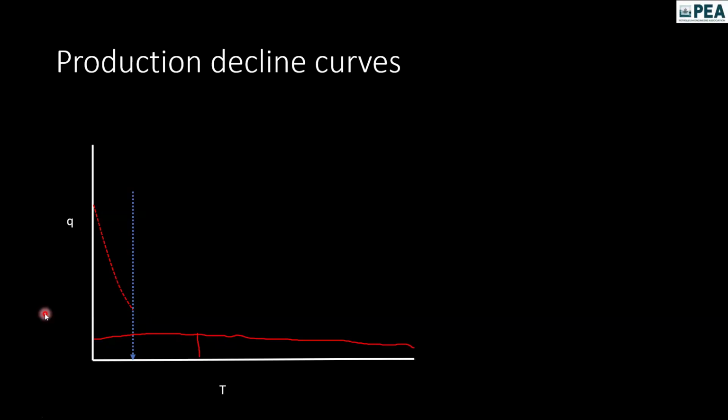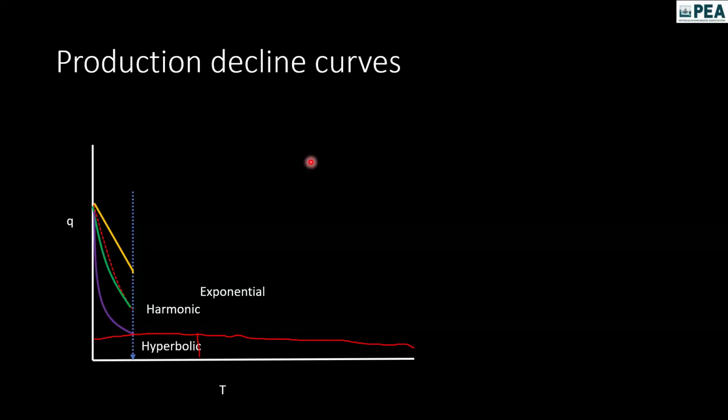How can we do that? That can be done through these curves. One is exponential, another one is hyperbolic, and harmonic. So we are supposed to use the real-time data and import it into the Arps equation so that you will be getting the modeled equation. With that, if you start constructing, you will be getting three different patterns: exponential, harmonic, and hyperbolic. You can see the orange one represents exponential, the green one represents harmonic, and hyperbolic is the one in